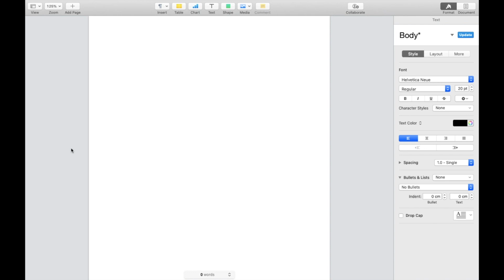So in this Pages tutorial video, I am going to be showing you guys how to insert page numbers into a document here on the Pages application. So the first thing you have to do is open up the Pages application and find a new document or a current document. Once that is done for this demonstration, I'm going to type in "this is page 1,"